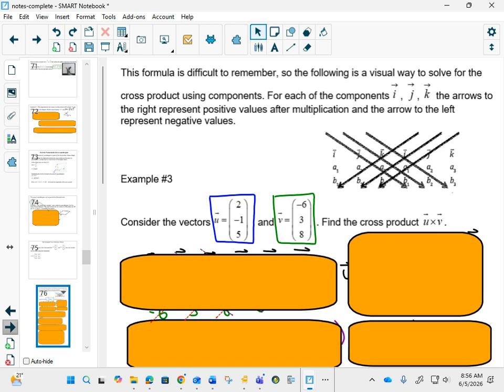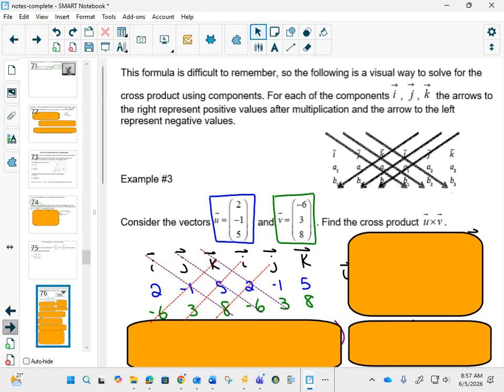The other way is to write out your IJK components like this and draw arrows. I'm going to show you that with these actual numbers. So we've got the vectors u and v, and we're asked to do the cross product. So we could do the pattern that I just showed you, which is ignore that and do the little discriminant. Then ignore the middle one, do the discriminant, but make that one negative. Or